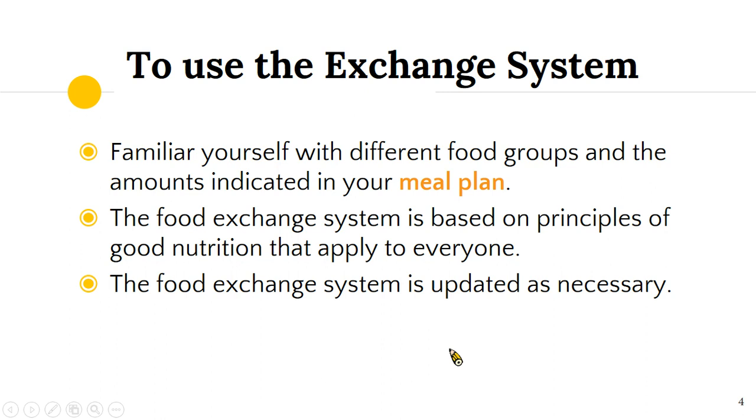How to use the exchange system? The food exchange shows the amount of nutrient in one serving from each exchange list. As you read the exchange list, you will notice that it's often a larger amount of food than another choice from the same list. Because foods are so different, each food is measured or weighed so that the amount of carbohydrate, protein, fat, and calorie are the same in each choice.